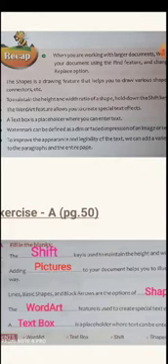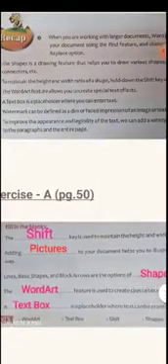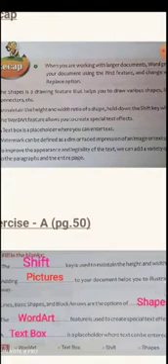Then, to improve the appearance and legibility of the text, we can add a variety of borders and shading effects to the paragraph and the entire page. So like this, you see that something is typed and there is a background color behind it, slightly shaded. This kind of work is called shading. Right now there is no border line to this picture, but if I want to give a border line to this picture, that is possible through this borders and shading. So this is what we learned in this chapter, children.